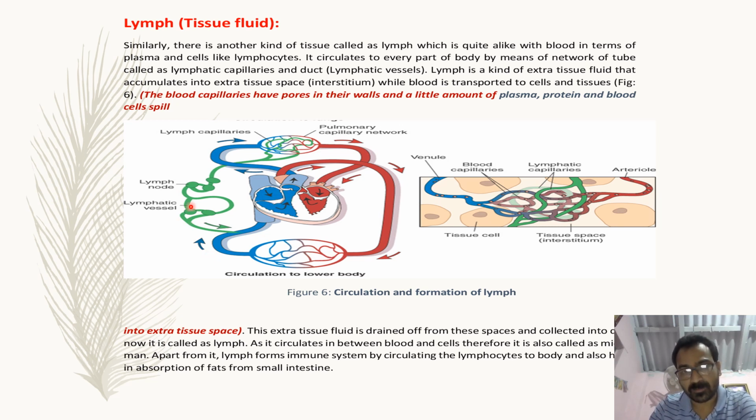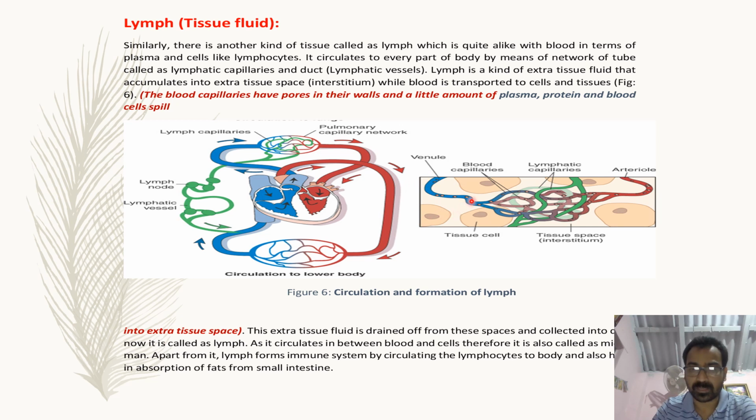You can see here lymph plays a very important role. We can understand the lymph with its functions. As we can see, there is an exchange of fluid taking place between the blood and cells and tissue, so they are often referred to as middlemen. Lymph contains the lymphocytes, therefore it makes up the immune system of the body. If we remember the digestion process, fat can only be absorbed by the lymphatic duct, that is called lacteals. So there are three basic functions of the lymph and very vital functions.